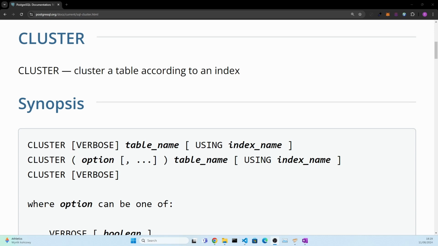on this index. So essentially what that means is a non-clustered index is just a normal index that we create. Now a clustered index is an index that defines how the data from the table is saved on disk. So if you define a clustered index, or you cluster a table by an index, as we can see here